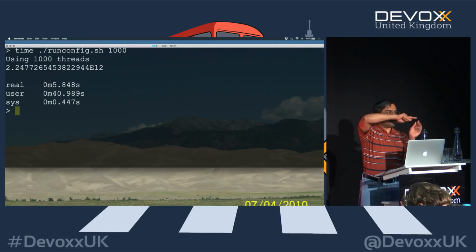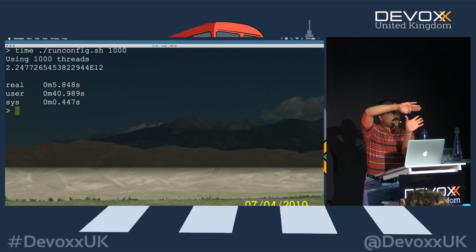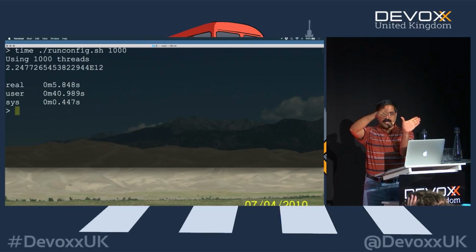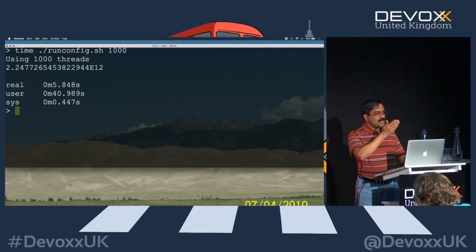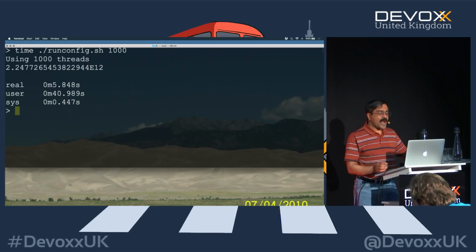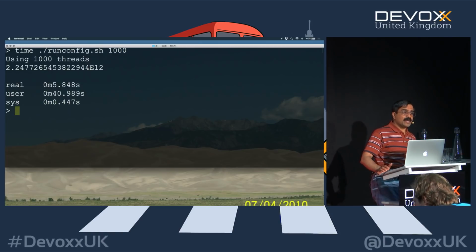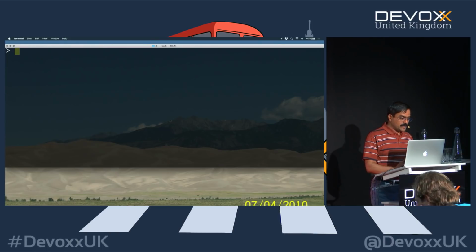So when you look at the number of cores and the performance, you will get the peak performance when the number of threads equals the number of cores. Then if you keep increasing the number of threads, you actually get less performance out of your code, because there's going to be more thrashing in your application. You're not going to get benefit out of that. That's a limit we need to really know with this.